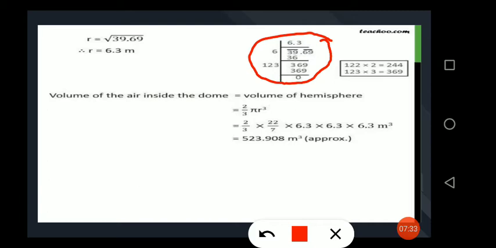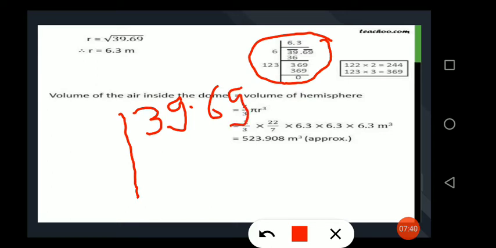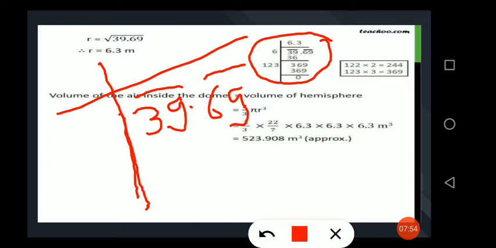Once again, I am going to explain you. First of all, we will write the numbers which we have to find out, and from the last, before decimal, from the last we will make a pair of numbers, and similarly after decimal also we will make a pair of numbers. Now we will find out one number whose square is less than 39. So if we take 7 square, it is 49, greater than 39. So we'll take 6.